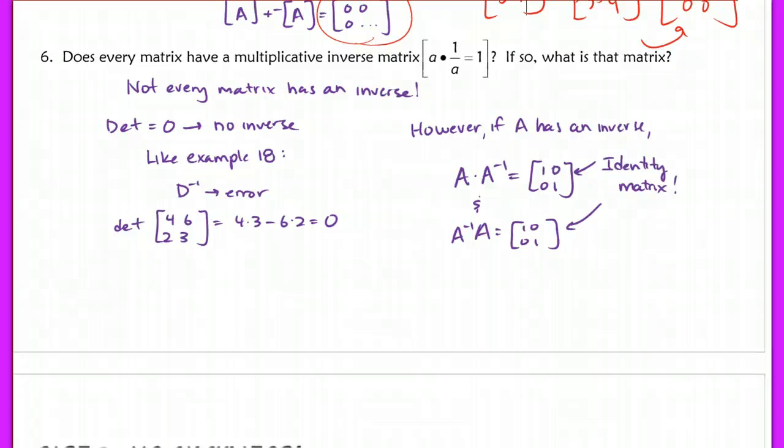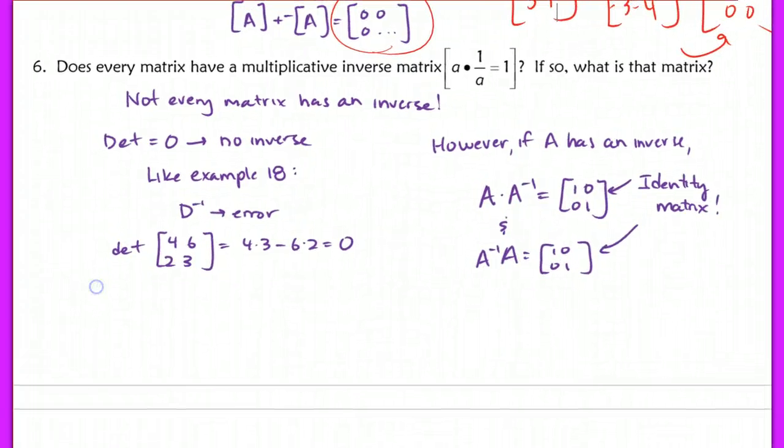Last but not least, question number 6 here. Does every matrix have a multiplicative inverse matrix? And if so, what is that matrix? So the big idea here is that not every matrix has an inverse, because if the determinant is 0, there will be no inverse. So in example 18, when you try to type that in your calculator, D inverse,